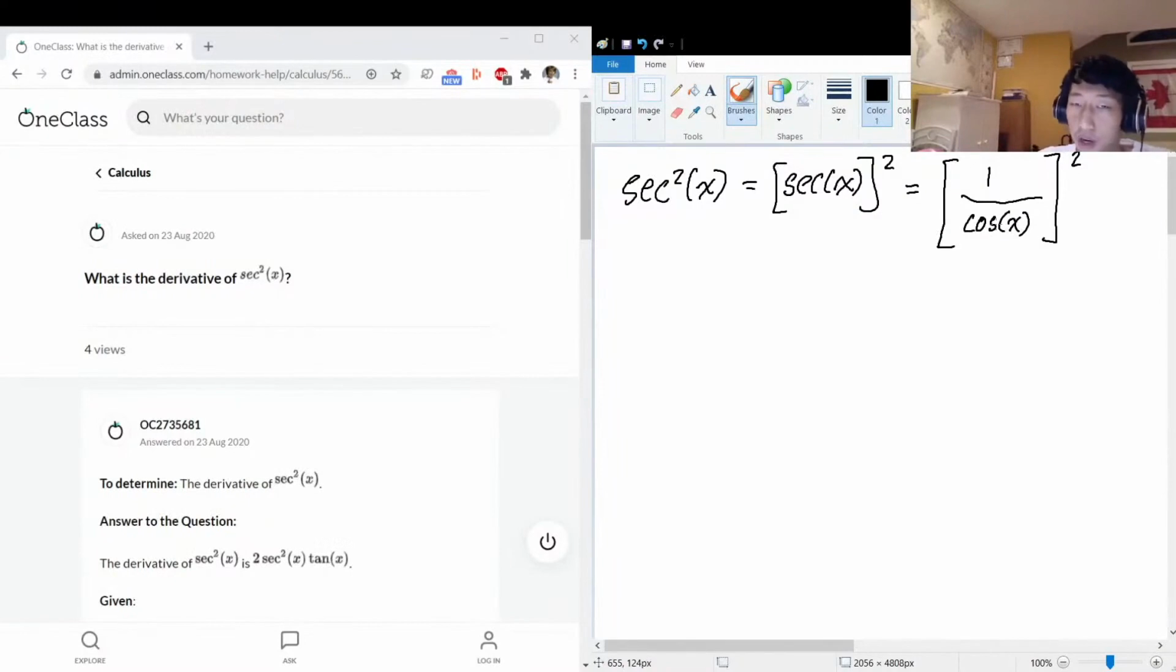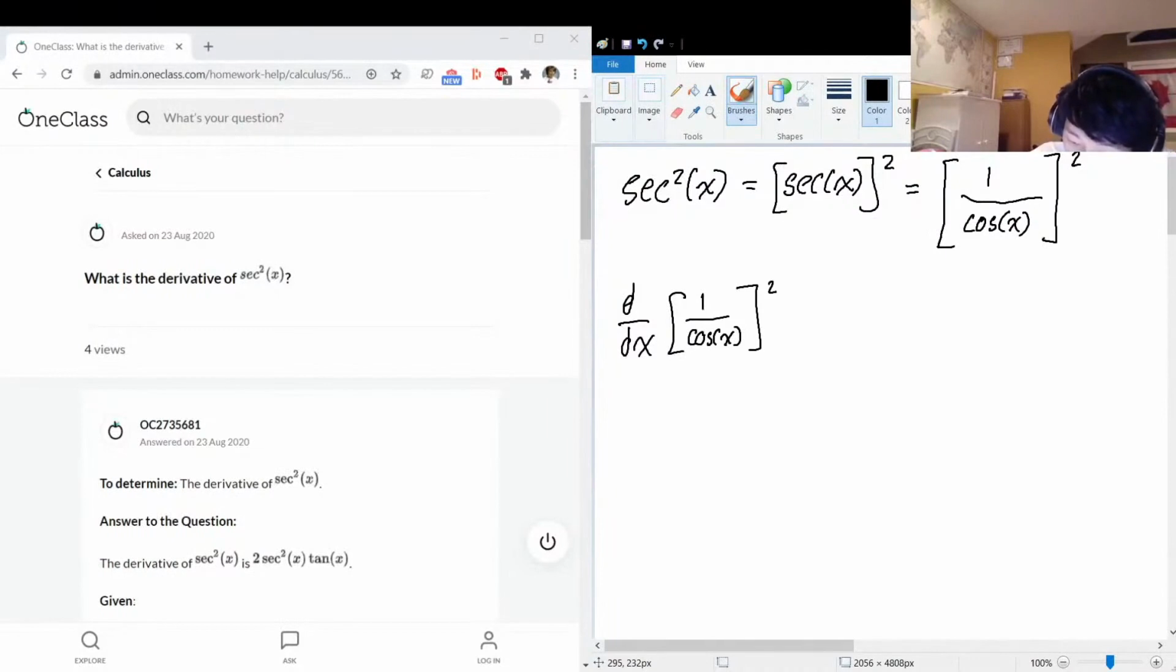Okay, so if we're trying to find the derivative of secant squared of x, that's the same as trying to find the derivative of this. Yeah, so that's essentially what the question is. d over dx, 1 over cos x, squared,